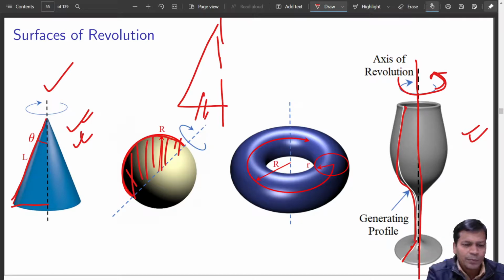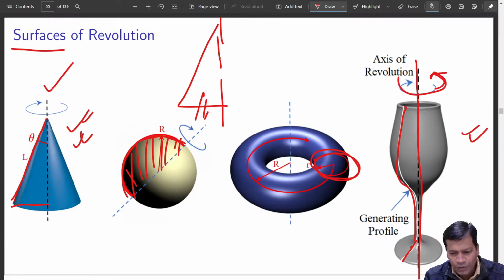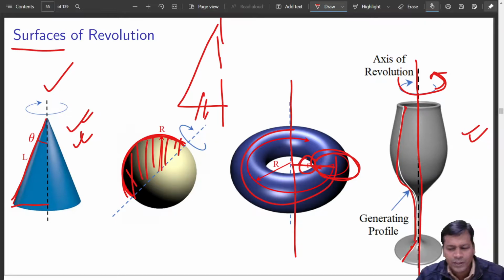So now I am talking about surfaces of revolution. I have taken just a line and moved it so as to create a swept surface. Because that sweeping is happening about an axis through a rotation, it is creating a symmetrical surface also. So a torus, if you want to create, you have to rotate a circle which is at a distance of small r from the main axis of rotation. Then you rotate it, and you get a torus. Got it? So these are some of the surfaces of revolution.